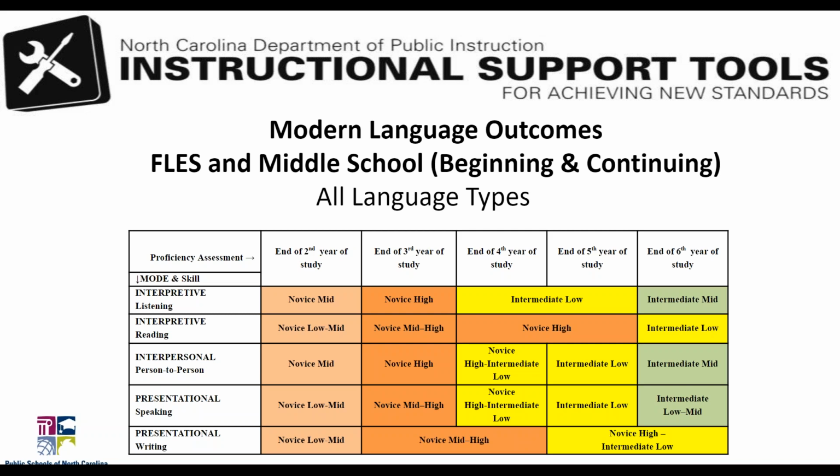I'll give you a chance to look at that chart for just a moment. And what I want you to do, because we're going to look at several other charts here as we talk about proficiency outcomes for different types of language programs, I want you to pick on this chart and on the charts that follow that we'll look at, two different columns. This one, of course, is, like I said, as at the end of a certain number of years of study. And some of them are adjusted in different ways. But I want you to pick two right now to follow as we go through the charts.